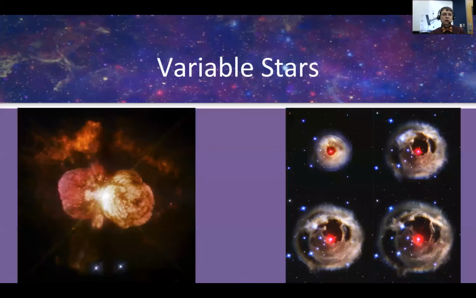There are other ways that stars may appear to change in the sky besides those Cepheid variables. There are eruptive variables who get brighter in more unpredictable ways. Eta Carinae, which you can see there on the left, has varied between being the second brightest star in the sky and also being invisible to the naked eye over the past 200 years, which is a really big change in what it looks like to us. The star on the right, you can see 4 different pictures of. This is V838 Monocerotis.